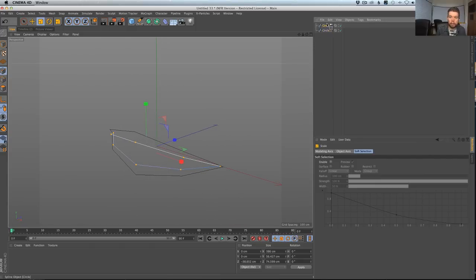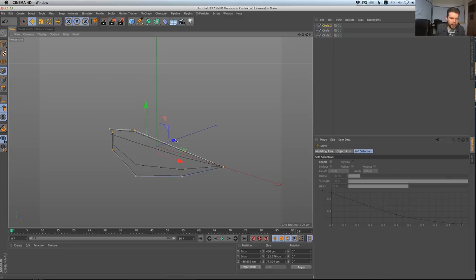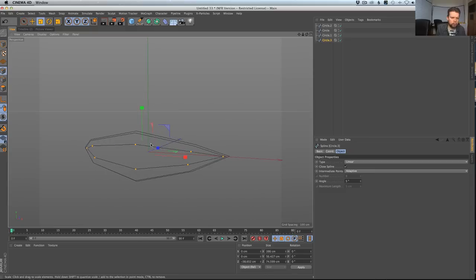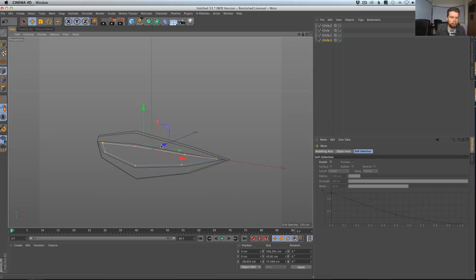And then I'm going to make another copy of it and make it above it. I'm going to take this one and scale it up a little, pull it back just a hair, and maybe scale it widthwise a little bit. Then we grab the small one and make another duplicate of it. I'm going to hit T for scale and shrink it down some more, shrink it down some more, and then pull it back a little bit.